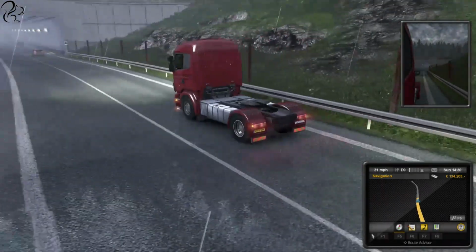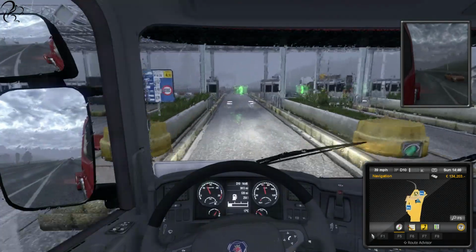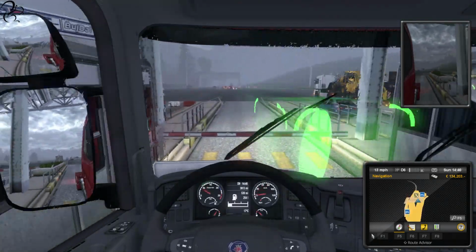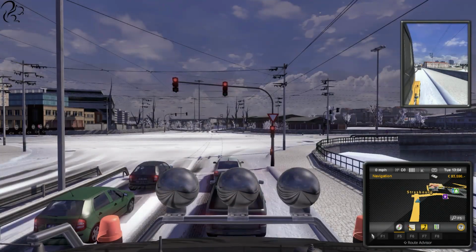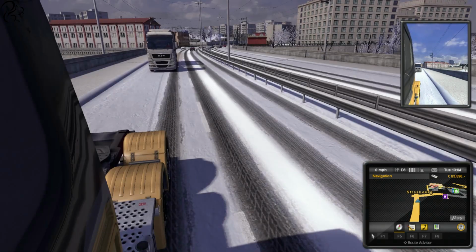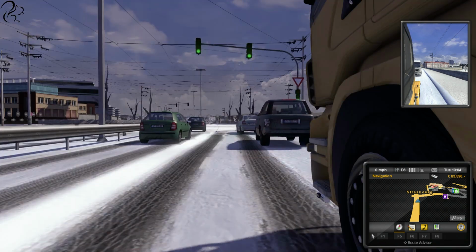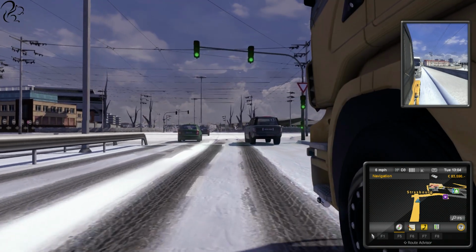Hi guys, Squirrel here, and this is a video about mods for Euro Truck Simulator. I know a lot of you guys have been asking me, how do you install mods, what mods do you use? Please make a video. Well, this is the video, and I'm going to start off by showing you how to back up your existing